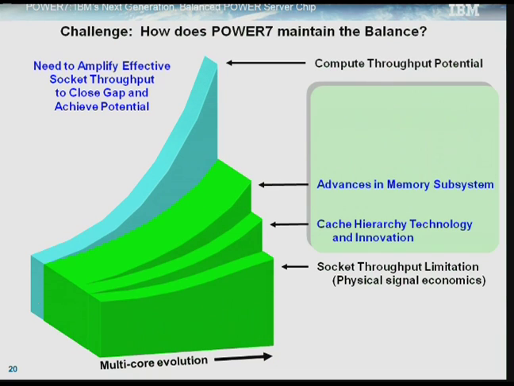Okay, so that's just one bullet in the gun. You need that big cache tank, and 32 megabytes, you don't really want to be smaller than that. The next step, though, is advances in the memory subsystem. You're still going to generate a lot of cache miss traffic. You still got all these mouths to feed, and a lot of them are going to need to come from